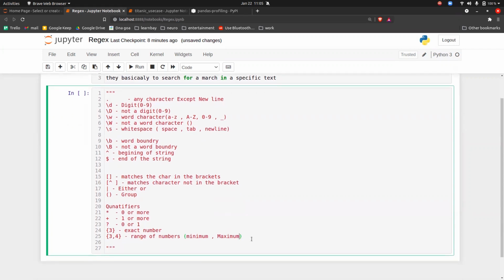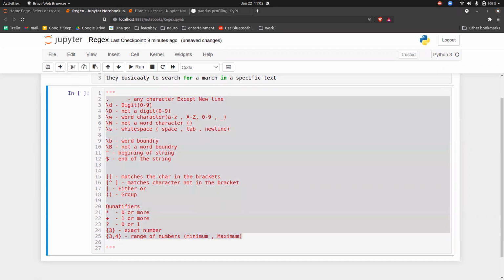So guys, these are the symbols that you have to learn for a regular expression. By using this, you try to extract some kind of stuff. Let's dive in and understand each one of them in detail.